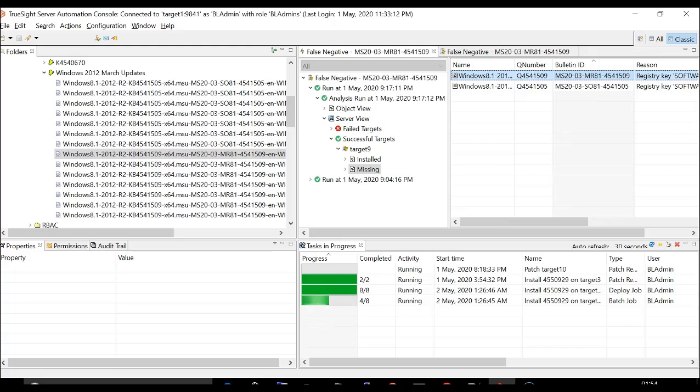If their detection logic is correct, they provide us a reason why they don't think that this patch is applicable on the operating system. But if they find that there is something wrong with their detection logic, they usually correct it. And once they correct it, all we need to do is run a catalog update job. The latest metadata gets downloaded and the detection logics are updated, and when you run the next patch analysis job, you see the particular patch as missing. We'll now see how to run a DPD trace.